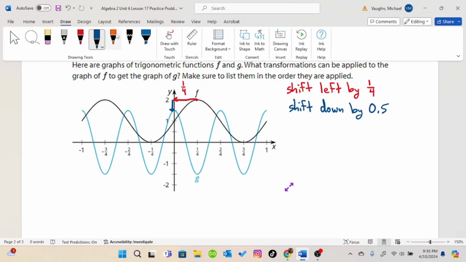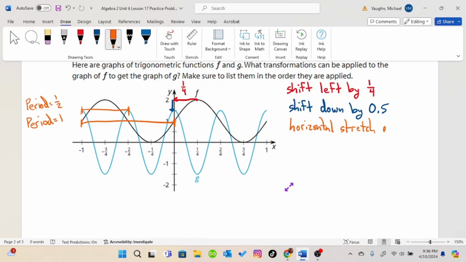Then I can see that I have a period originally from -1 to 0, but now I have a period from -1 to -1/2. So this period is only half as big. So I need a horizontal stretch of 1/2,